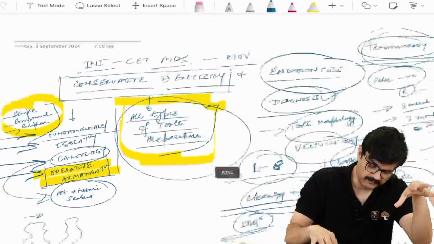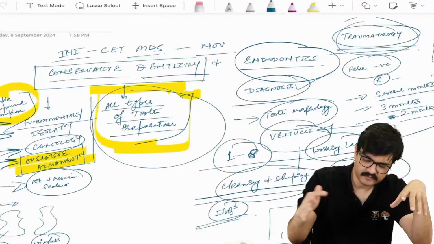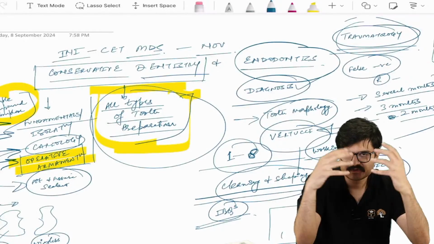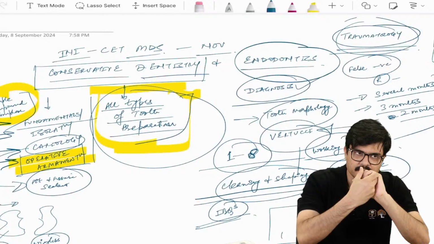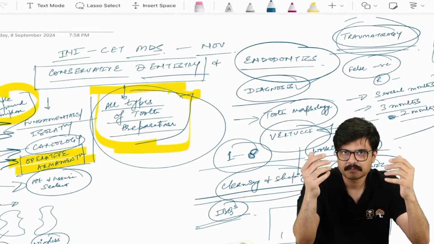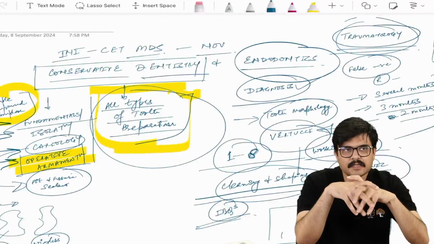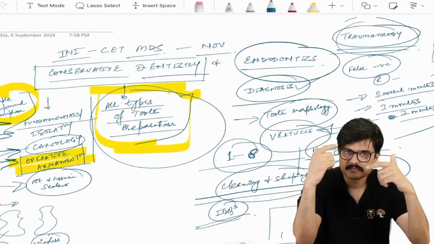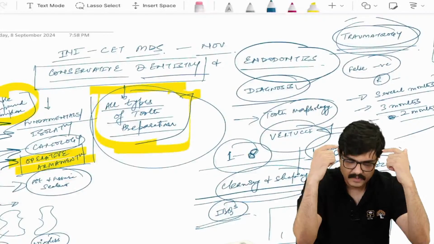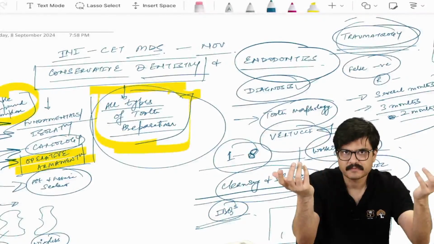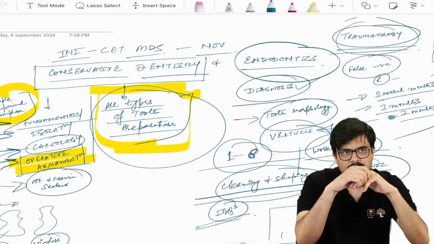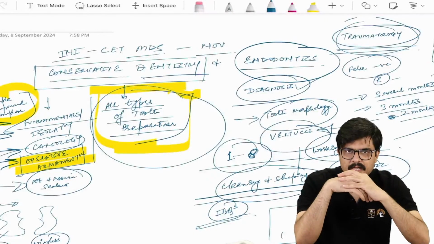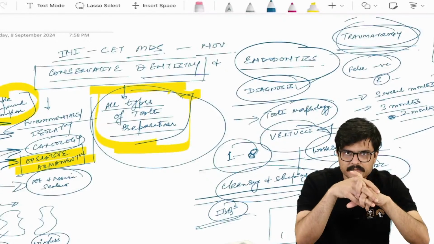These are the topics, and not just for cons, endo, and DM, but whatever general principles of approaching your paper, having the right attitude, just keep revising these things again and again. Keep the faith, believe in yourself, keep taking your God's name, and I think we should be doing good, right, guys?